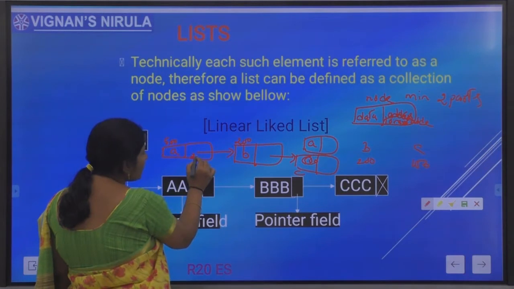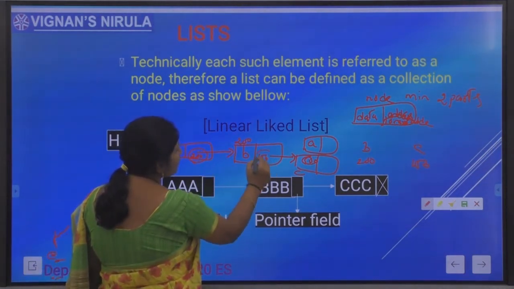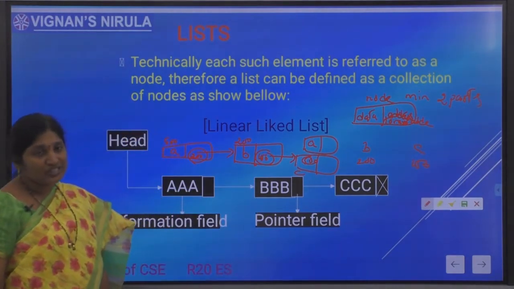This 200 will be stored in this part as a pointer. This 150 is stored in this field as a pointer towards the next node.